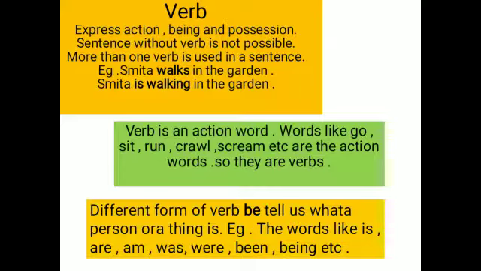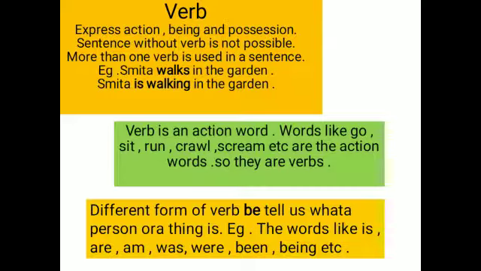So, we cannot form a sentence without a verb. Sometimes we use more than one word to form the verb in a sentence. So, there can be one verb or more than one verb in a sentence. Let's see one example given here. Smita walks in the garden. Here, walks is a verb. She is doing the action of walking. So here walks is given, that is one word. In the next sentence it is given, Smita is walking. So is and walking are both words in the verb.